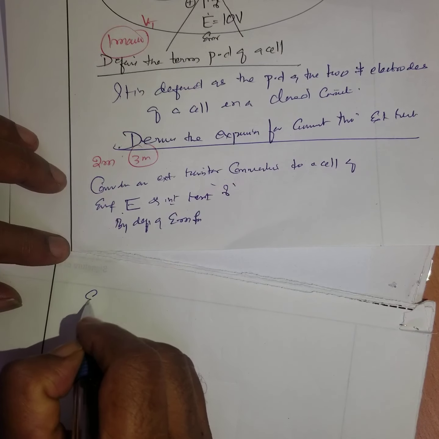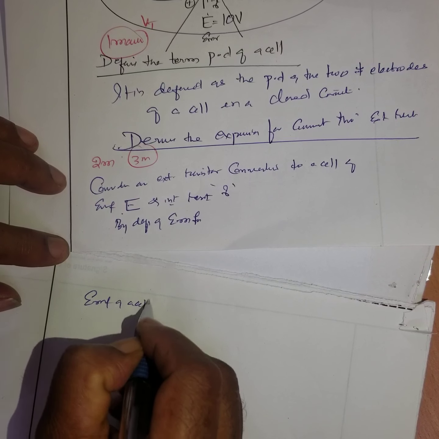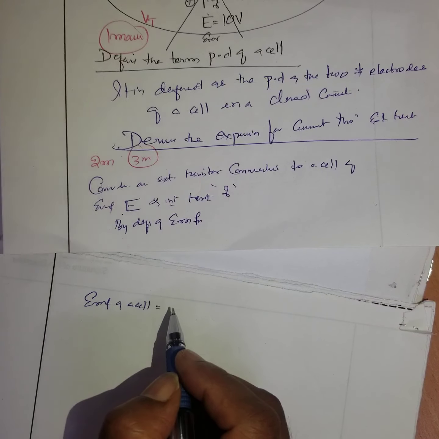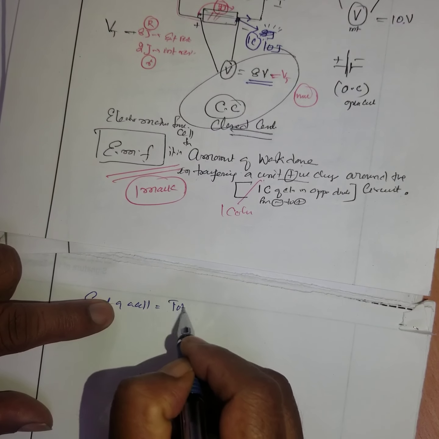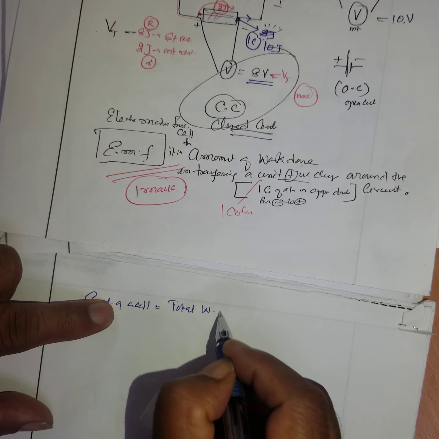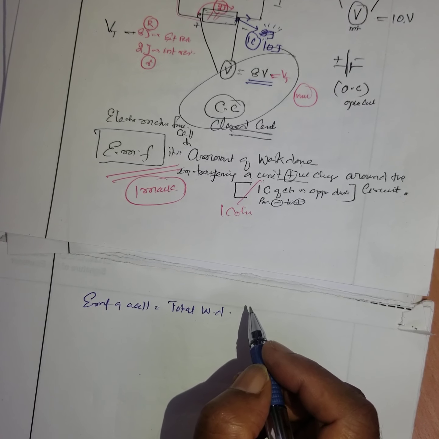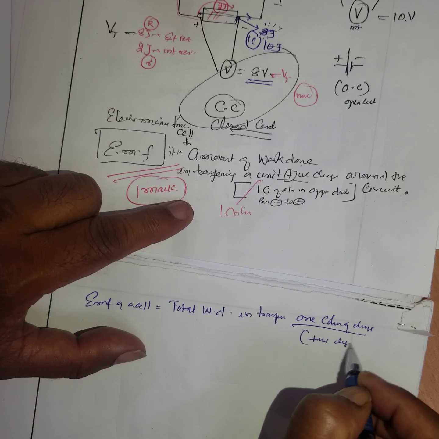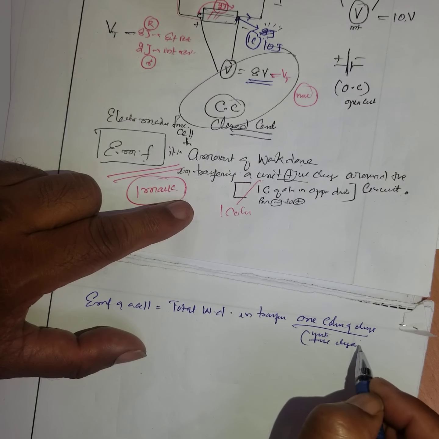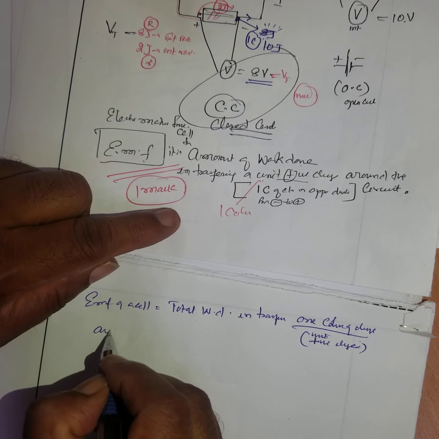EMF of a cell is what? What is that? What you have to write? Same thing, is it not? The total work done, same thing, total work done in transferring 1 coulomb of charge, unit positive charge, around the circuit,